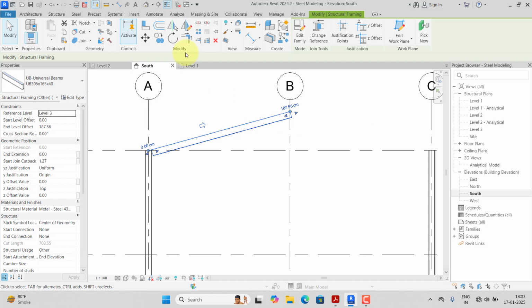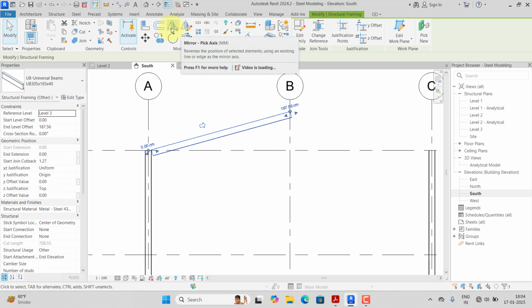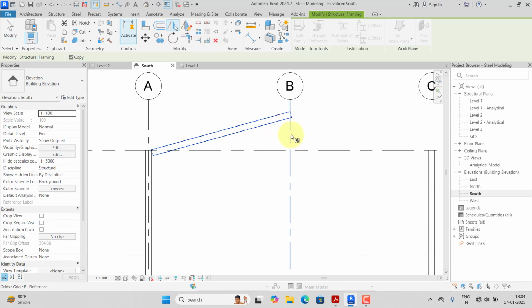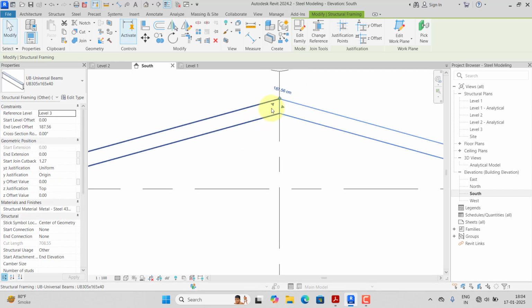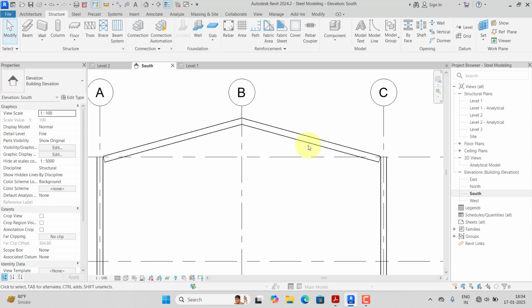Selecting this, there are two mirror commands, one is pick axis and one is draw axis. If you do not have any reference, you can use the draw axis. If you have the reference, you have to click on pick axis and select this. So as you can see, it automatically cleaned up this joint, and we need this